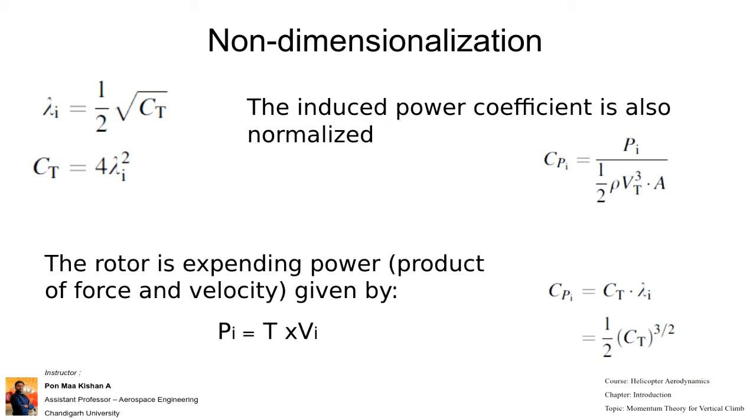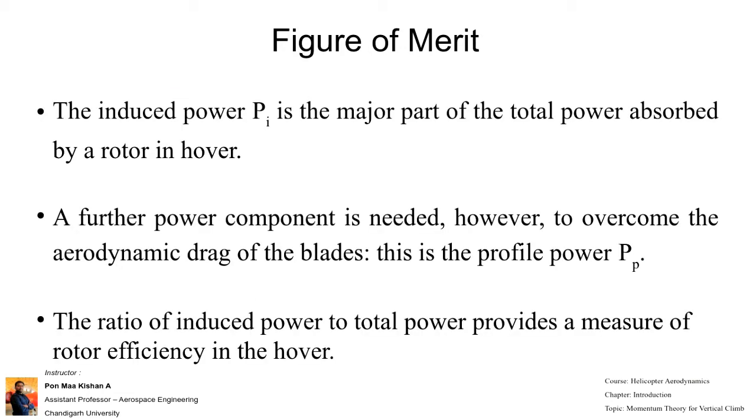We have seen all those things in the last class, which is why I'm not briefing about that. I'm just giving the summary of what we learned last week. The major part of the total power absorbed by the rotor is induced power during the hovering condition, because we want to make the helicopter steady. It should not climb, go down, or move forward, left or right. It has to hover at a particular altitude. In that case there is also a profile power, which is generated due to the rotation of the blade.